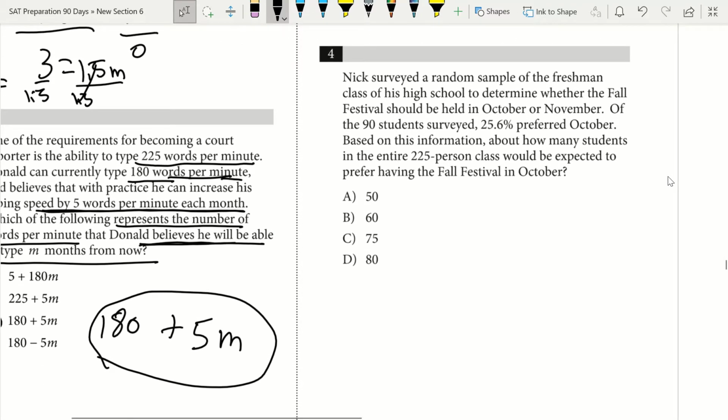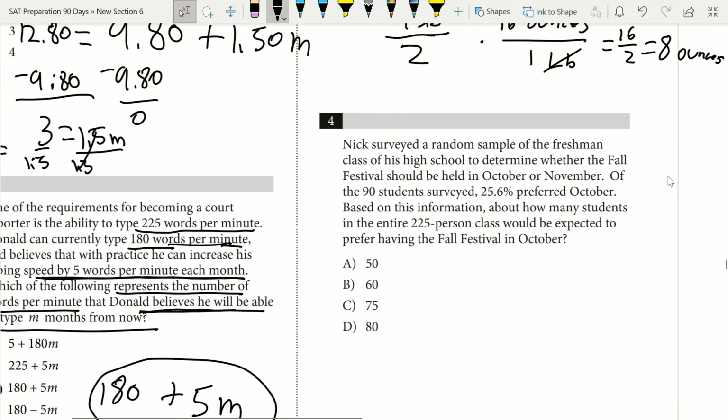All right, question 4. Nick surveyed a random sample of the freshman class of his high school. So this is key. If we remember back to our equations, we talked about random samples. That means that it's good data. To determine whether the fall festival should be held in October or November. Of the 90 students he surveyed, 25.6% preferred October. Based on this information, about how many students in the entire 225-person class would be expected to prefer having the